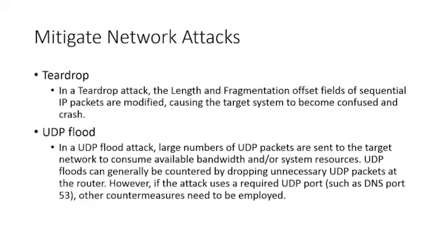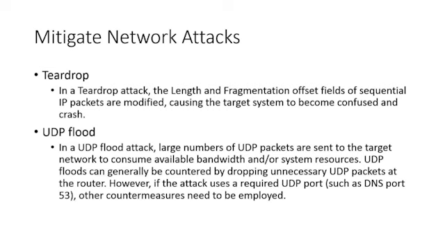We could have a UDP flood, kind of like a SYN flood. This is another type of denial of service, but I'm sending a huge number of UDP packets to the target. And what I'm trying to do is consume all that bandwidth, right? You only have so much. And if I can flood you with tons of information, I could take up that whole pipe and legitimate traffic can't get through. Now, this can be generally countered by dropping unnecessary UDP packets right at the router, right at the perimeter, so it can't even get to our server system or get to that workstation that we're trying to attack.